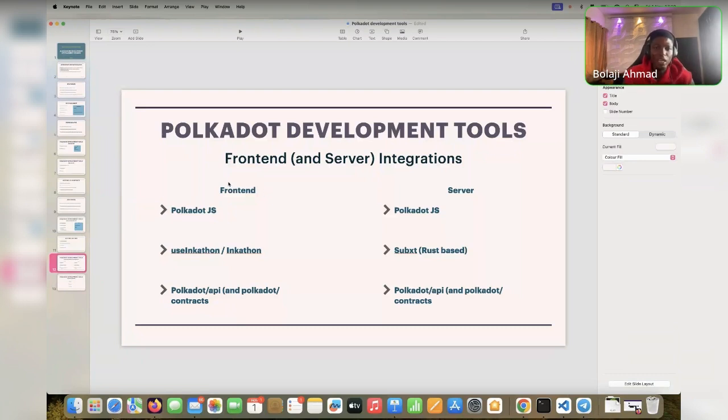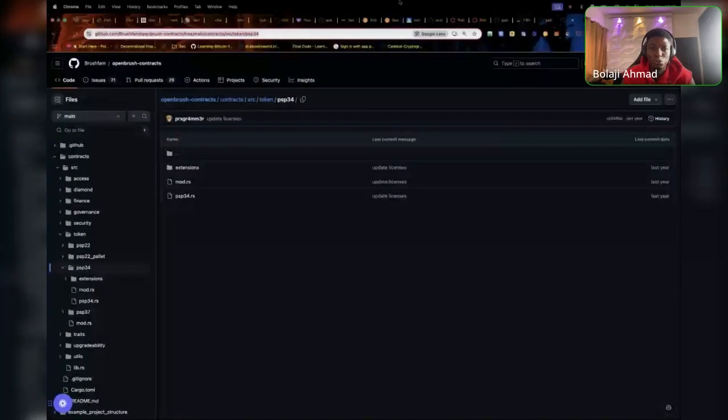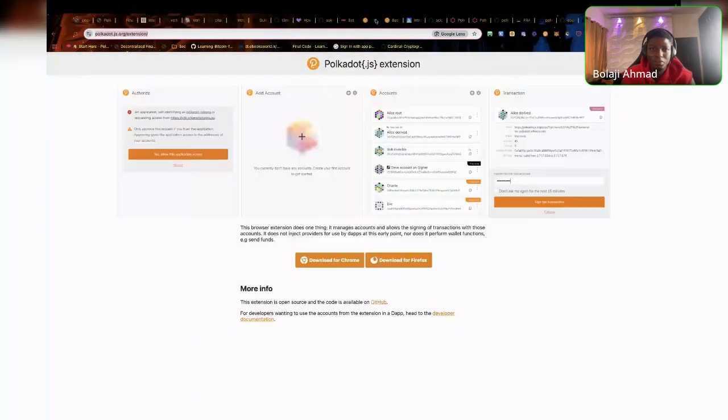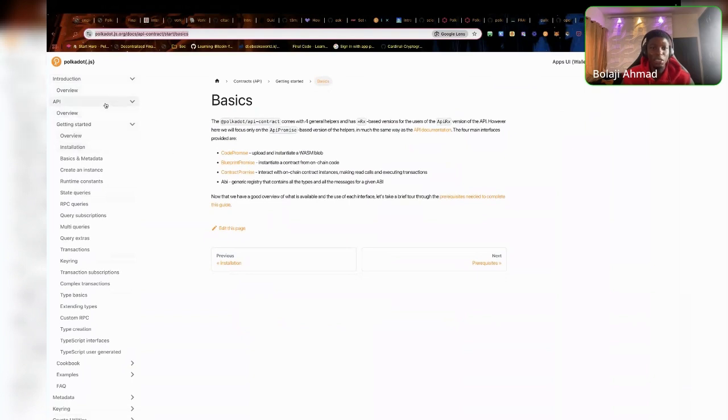The key, most important tool for interacting with Substrate applications or smart contracts is Polkadot.js. The Polkadot.js tool is right here, and this is the documentation for it. It houses the Polkadot API library that is built using TypeScript. If you're coming from a Web 2 background, this is your entry point into the Polkadot ecosystem. This works just like, let me call it, Ethers or Web3.js library that is used a lot in the